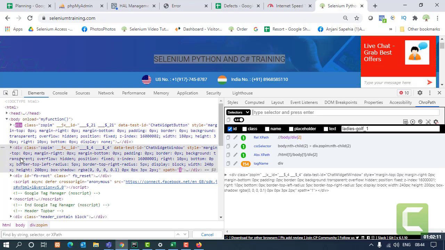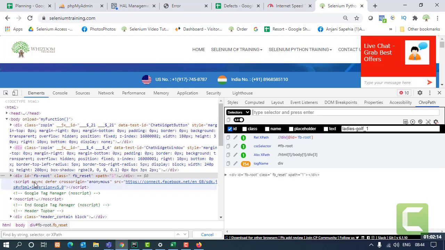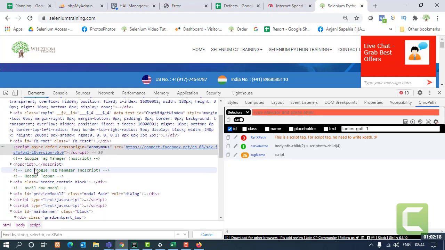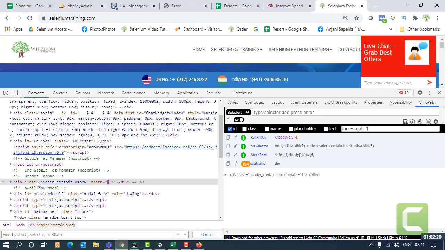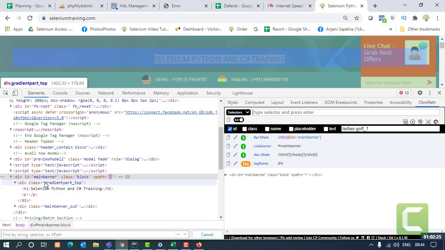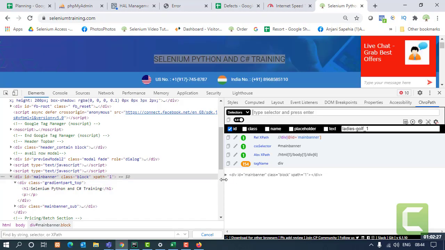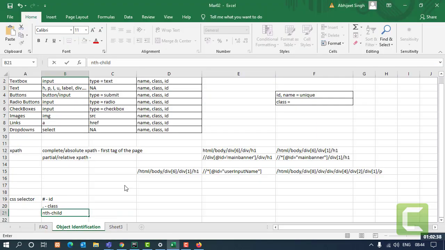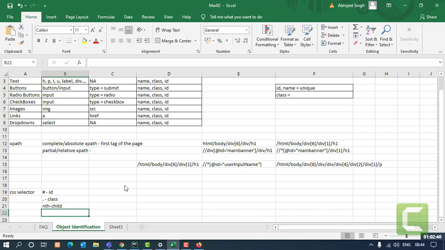Script will be my fourth child now. Then the next one will be the fifth, then sixth, seventh, eighth, ninth, tenth, and so on. So for nth child, there are no specific tags that it is concerned about. It does not take tag names into consideration. So over here, we can conclude that CSS selector has no compulsion on tag names.